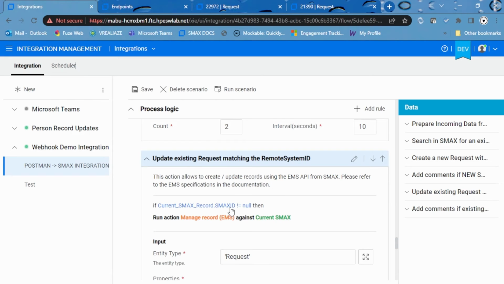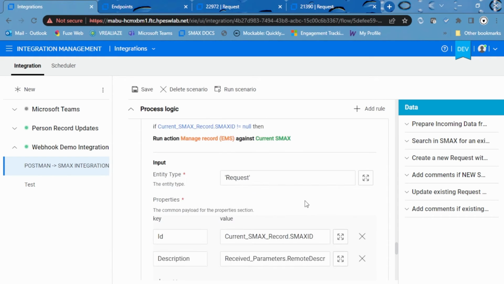Our second part of our use case is updating a ticket if the remote system ID is being used already. If you remember in the previous step, named search in SMAX for an existing record with remote system ID, we created a field named SMAX ID. So if it doesn't exist, it creates a new one. But if it does, then you need to use the existing one. So I created this condition, current SMAX record, SMAX ID not null, and then this particular set of rules would run. If I scroll down a little,